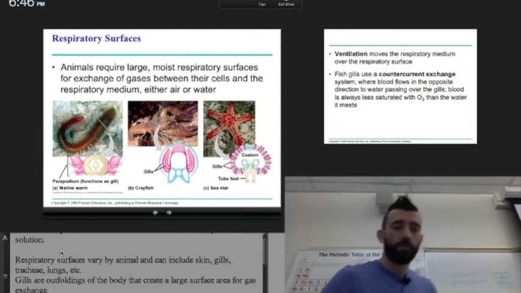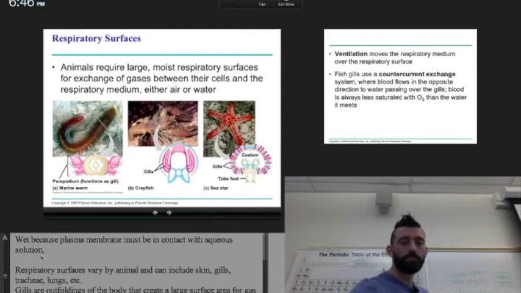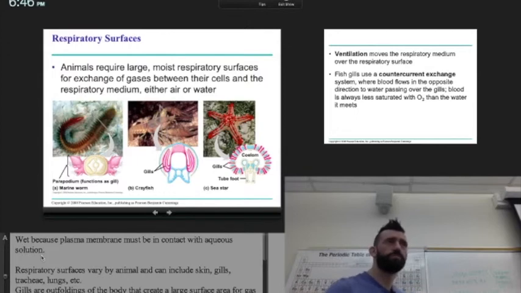Are they covered in mucus, or is it just like water? I think it's just fluid. Yeah, that would probably not be good. How does the water not cool? I guess